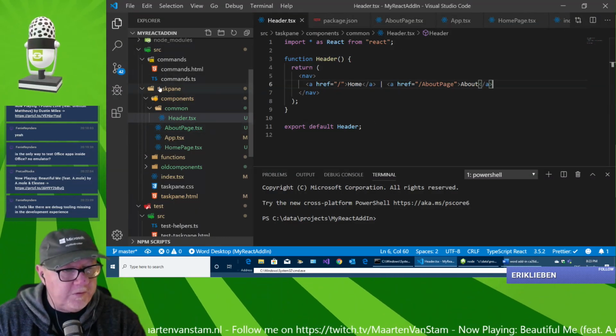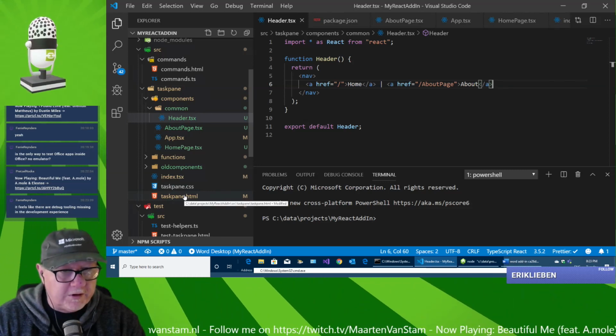The question is, if you have a task pane, this is the task pane,